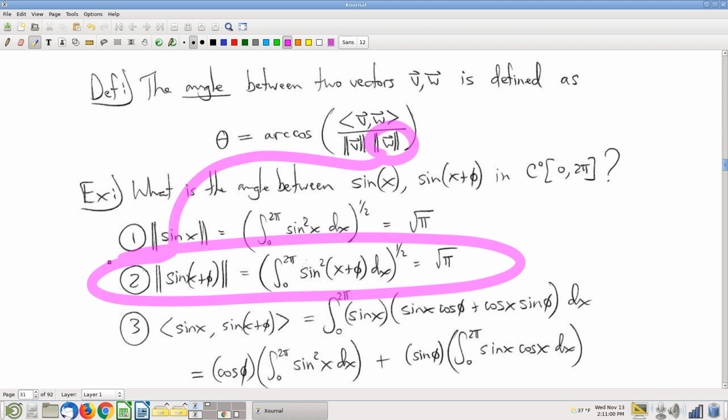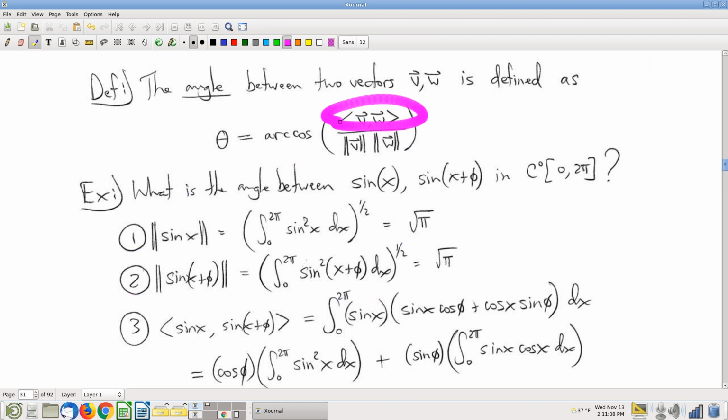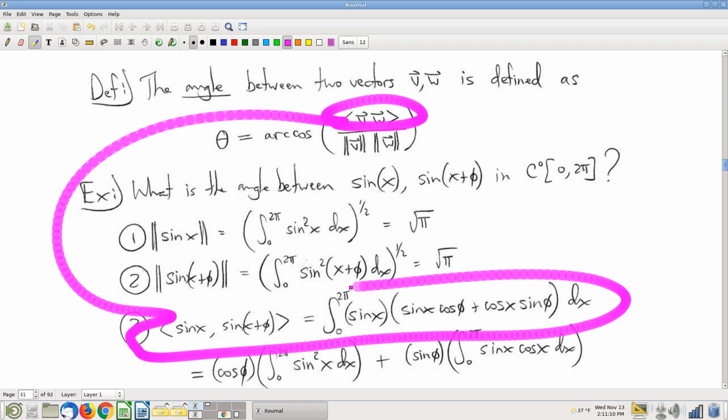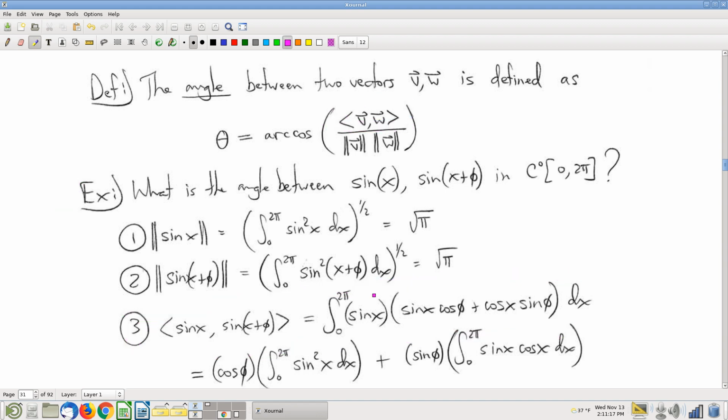That magnitude, which is that integral, is morally equivalent, so make sure you can do that one as well. Then finally, we've got to compute this inner product, which is itself also an integral. And this integral is a little bit different. Keep in mind that in this little story here, phi is a constant. It's not a function of x, right? So since that's a constant, those constants factor out of their respective terms, thus giving